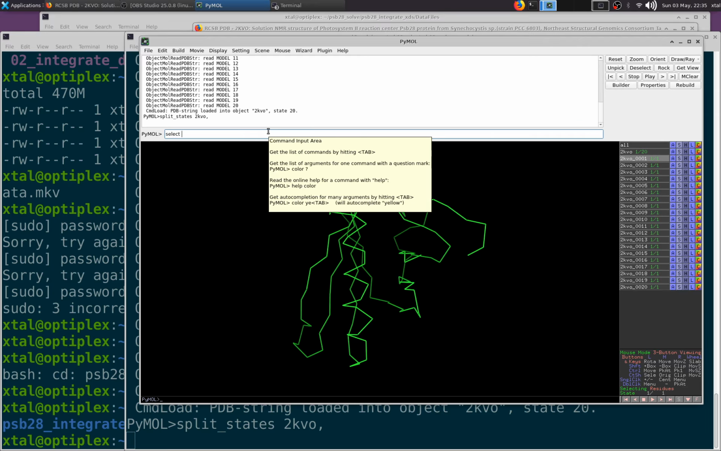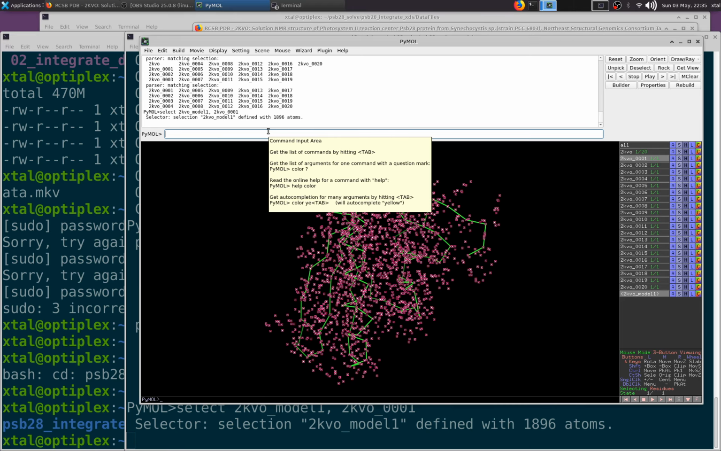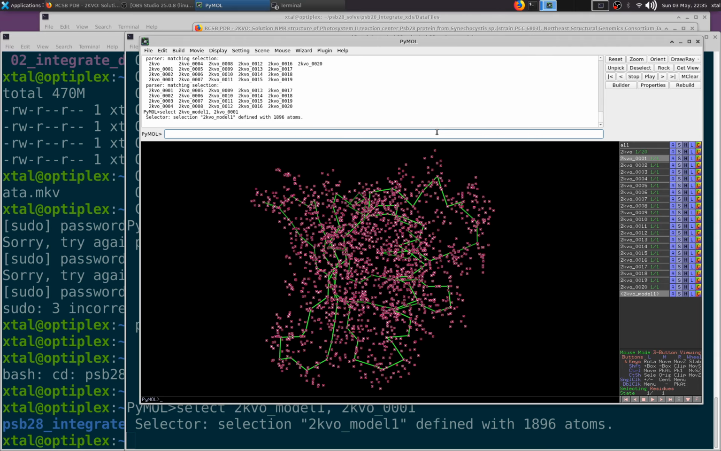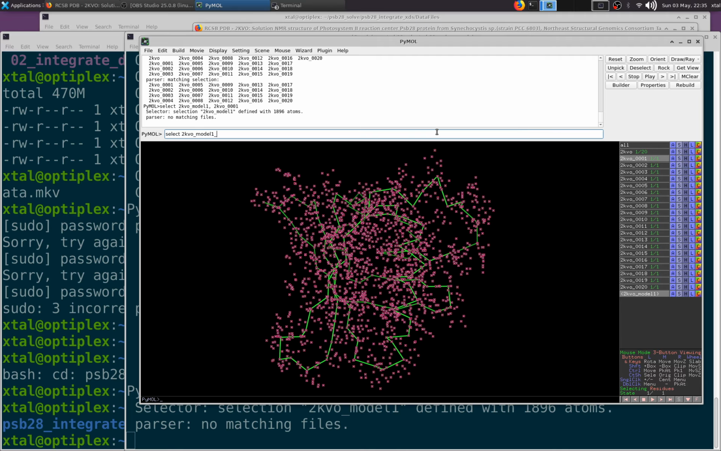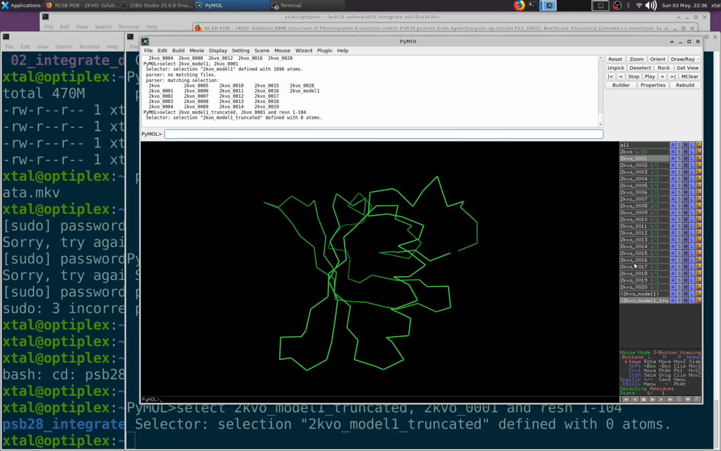So select 2KVO model 1, comma 2KVO 1. Okay, and then we'll select a truncated model. Model 1 truncated, comma 2KVO 001, and residue 1 to 104. Residue number 1 to 104. So if we